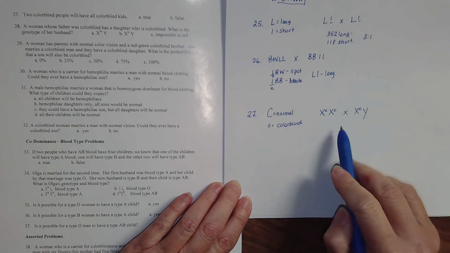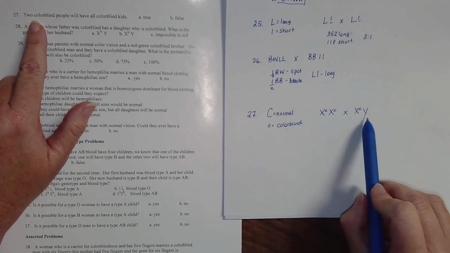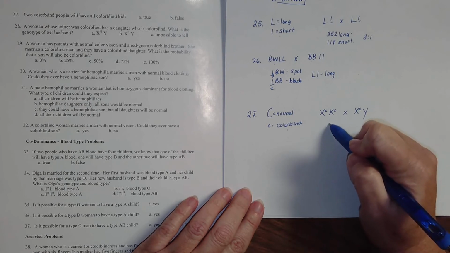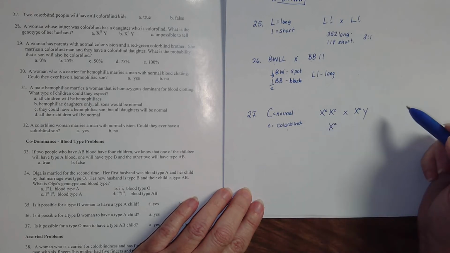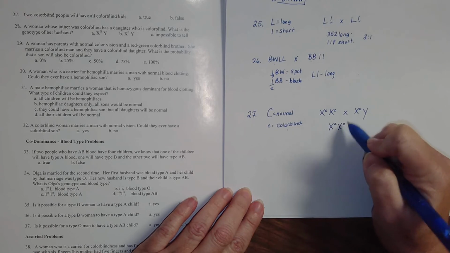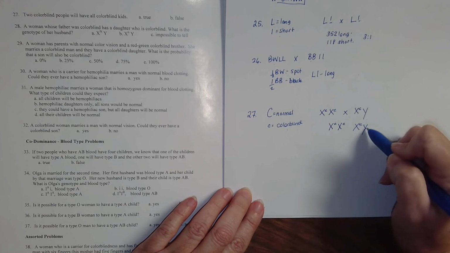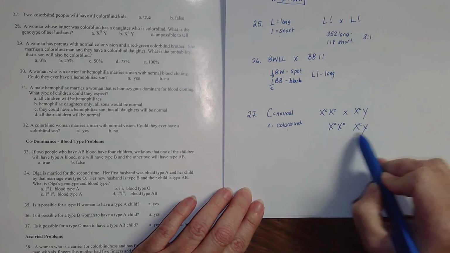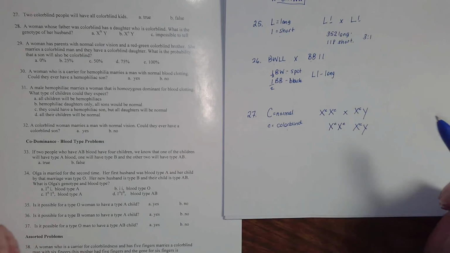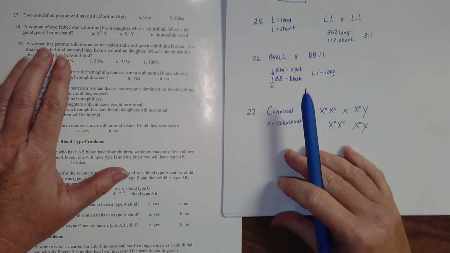So the question is, will two colorblind people have all colorblind kids? Well, the female can only contribute a colorblind allele. The male can only contribute a colorblind allele to the female or a Y to the male. Notice that all of these kids, both of them, are colorblind. So if two people are colorblind, all of their kids will be colorblind. 28 says,